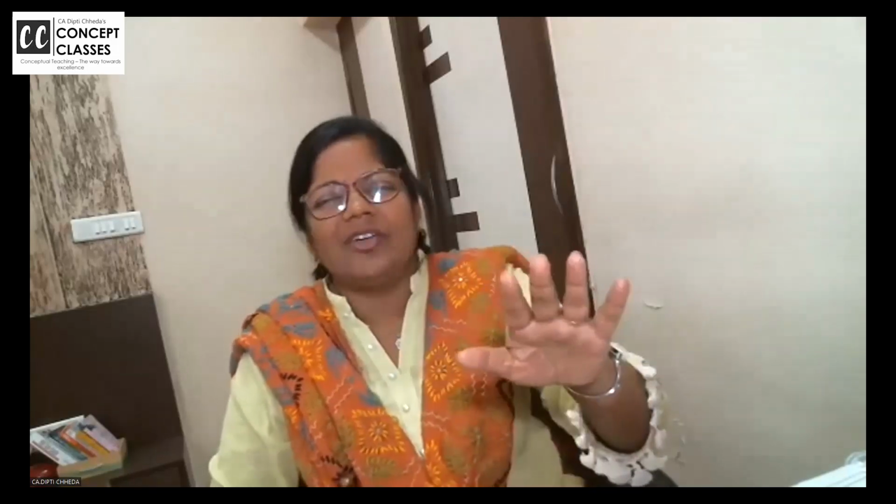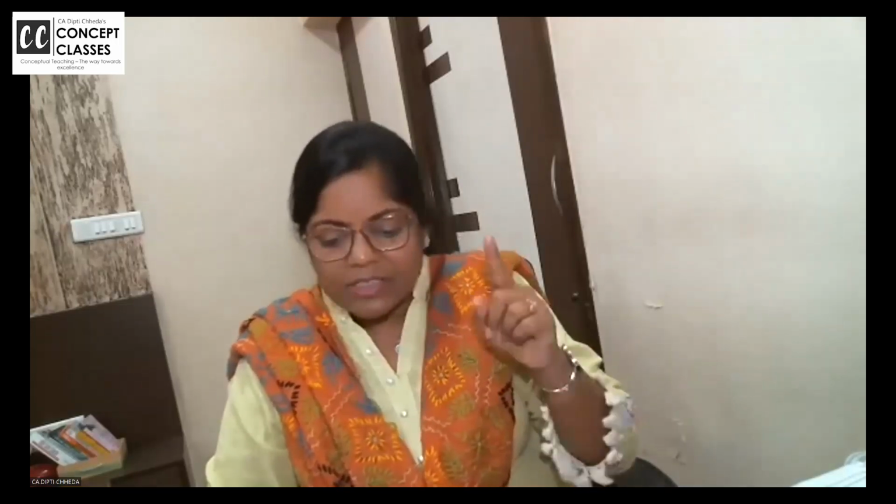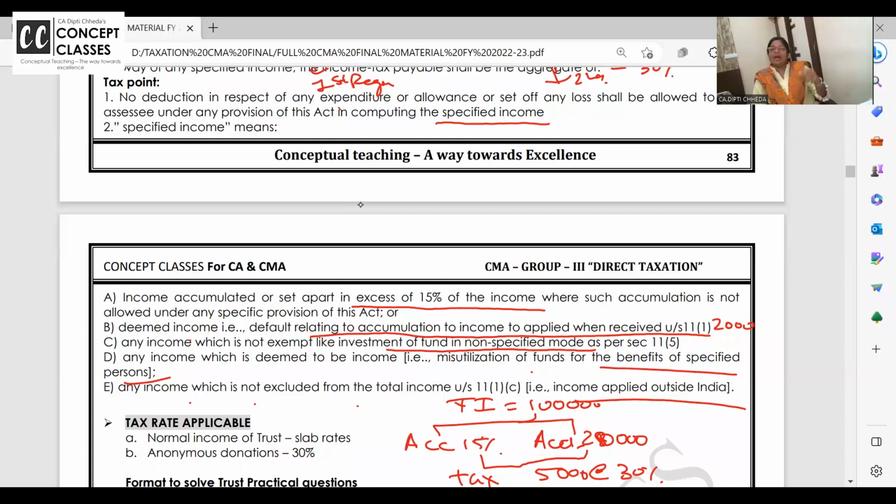You have violated, no? Just look at the screen. What are the cases wherein 115 BI is saying, एक तो आप गलती कर रहे हैं, 15% से ज्यादा accumulate कर रहे हैं. Now when you are caught up, you are saying, sorry, okay, अब tax कर लो ना slab rate. तो तब किया, अब किया. If it is slab rate, what's the benefit? That's why they said. So whenever there are amendments, they are to be studied for exam.